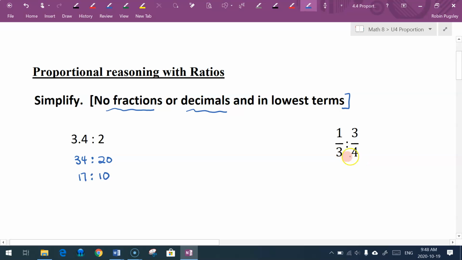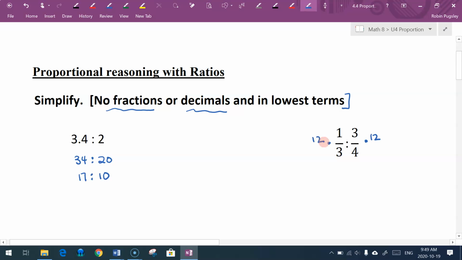If you have a fraction, same thing. You want to multiply both sides by something that will eliminate the fractions, just like I eliminated the decimal. But here you don't want to use 10, 100, 1,000, because now we're not dealing with tenths, hundreds, and thousands with decimals. This one deals with thirds and this one deals with fourths. So we have to find a number that thirds and fourths both go into, and I see that they both go into 12. So if I multiply the right side by 12 and the left side by 12, my ratio